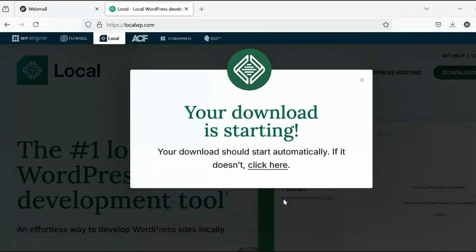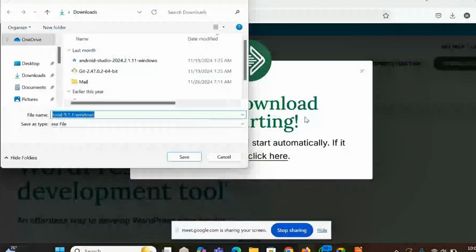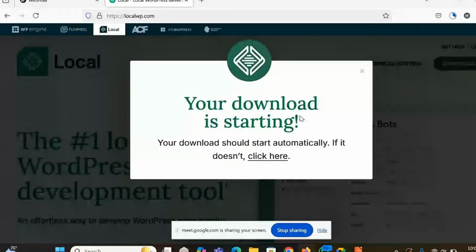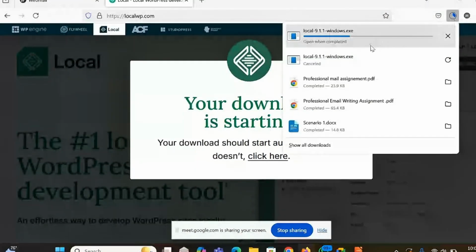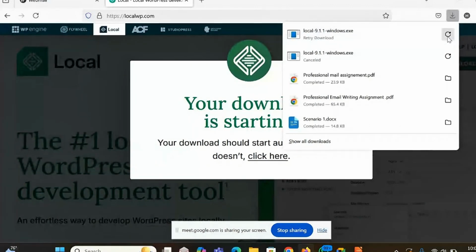Once you click Get it now, it will ask where to save that download. Mine is under downloads, you can see. Let me just share my entire screen. Once you click on download, it will ask you where you want to save your download, and mine is under downloads right there. Once you click save, it will start downloading. It's about 635 MB, and I'm not going to download it because I already downloaded it onto my computer, but that's how you download it.